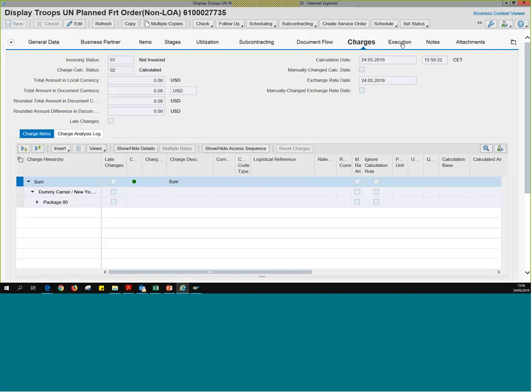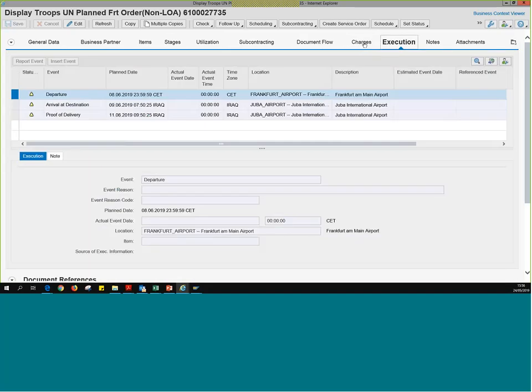We also have the Execution tab. I'll show you now, once we add the freight order, how we can change these charges here. The Execution tab here is where we have the expected and unexpected events to submit. So in this case we have very few: departure, arrival, and proof of delivery. All the ones that appear here are what we consider to be expected events. The unexpected events are the ones we'll be inserting by clicking on the button Insert Event. And the notes that we add to each of the events will also be visible by the